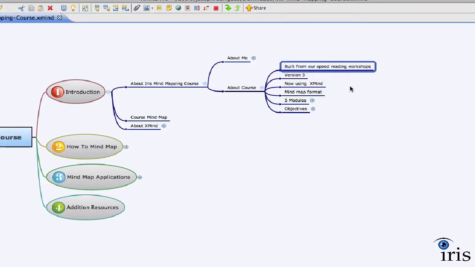So this course has been built from our Iris speed reading workshops. Students used to ask, because there is a portion in the speed reading workshops where we talk about mind mapping, for supplementary material on mind mapping and also different ways that they could apply mind mapping to different things, because there are many things you can apply mind mapping to, and that's how this course